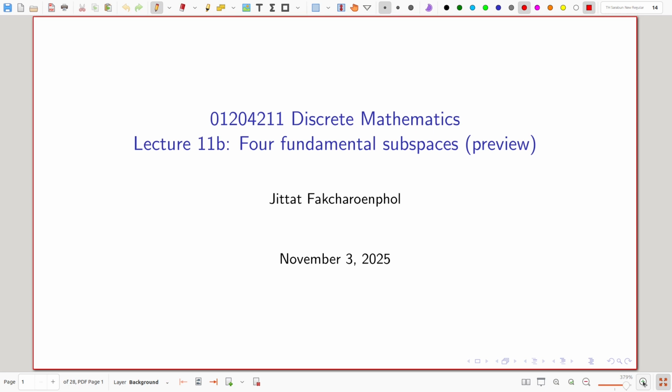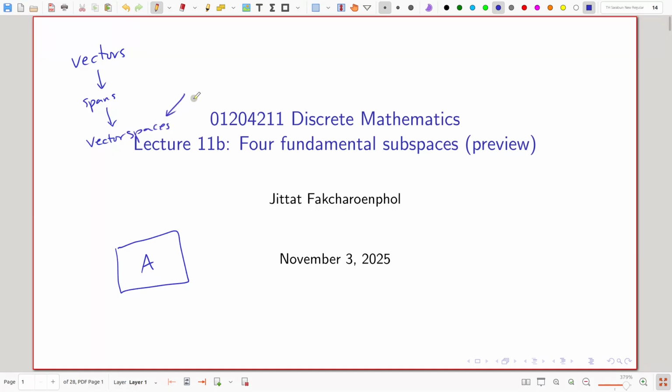In this part of the lecture, let me give you an overview. Okay, so we have a matrix. Last time, in this part of the course, we talked about vectors. And then we talked about when we combine a bunch of vectors, we get the span, right? And somehow we get a vector space.